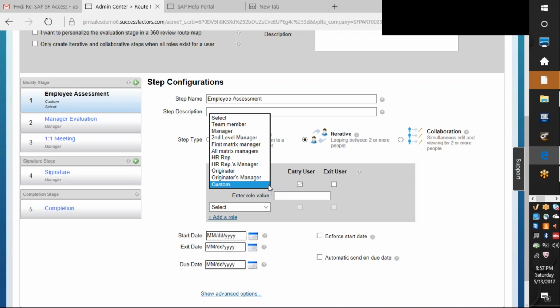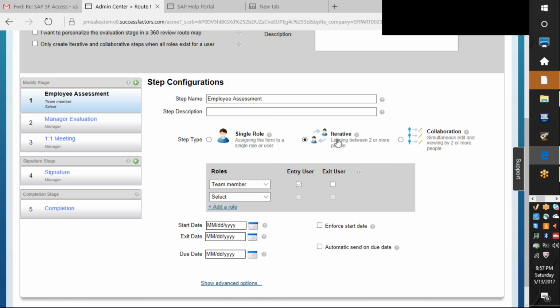We will see that when I take you through how we create a dynamic role and dynamic group, all those functions. So what I was trying to tell you here is how the iterative works. I have one question here. When we choose iterative, is it only for manager evaluation, or could it be at the employee assessment stage as well? It could be at the employee assessment stage as well, but normally, if a process needs